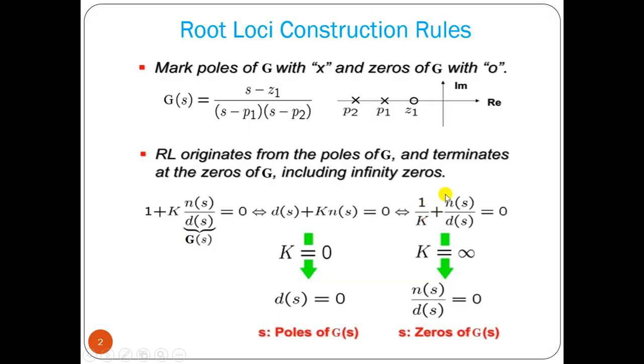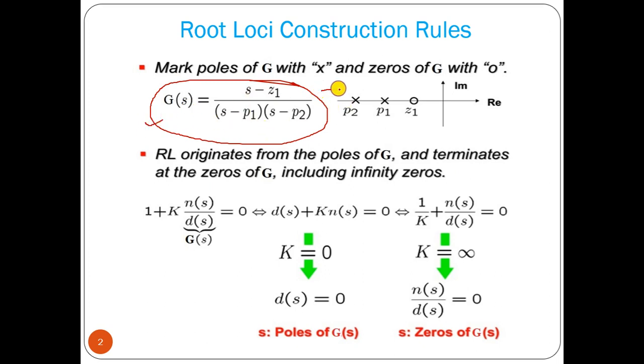Before going into that, let me just tell you one point. What is the root locus? That is nothing but the locus of root of the denominator, or the locus of the poles, as we vary the gain parameter or controller gain parameter k from 0 to infinity. Now let us say we have this transfer function of a system.